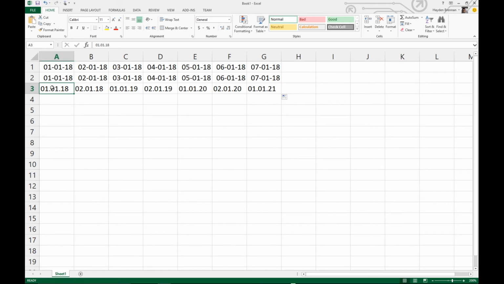You can see that Excel does not like working with decimal places as separators for dates. It's my recommendation that whenever you're working with dates in Excel, you never use decimal places as separators for days, months and years. If we want to change how these dates are expressed, we can highlight these cells